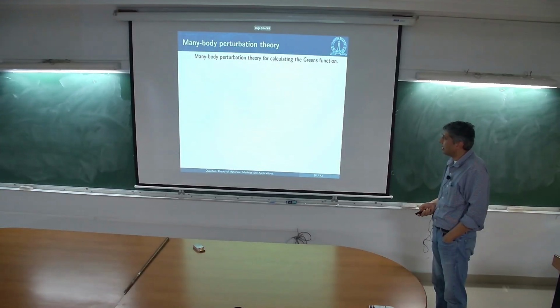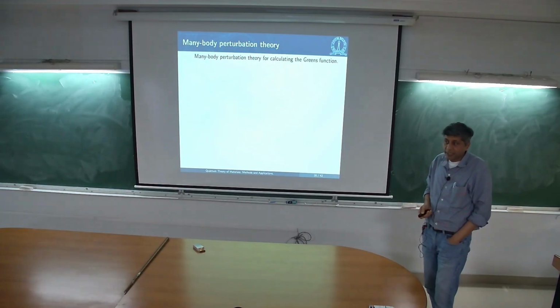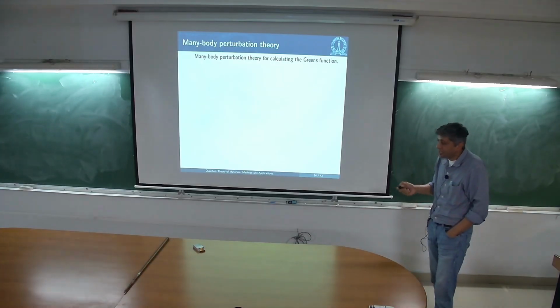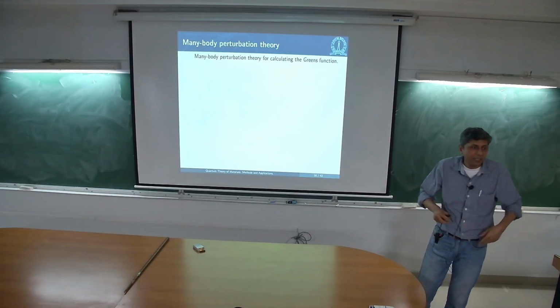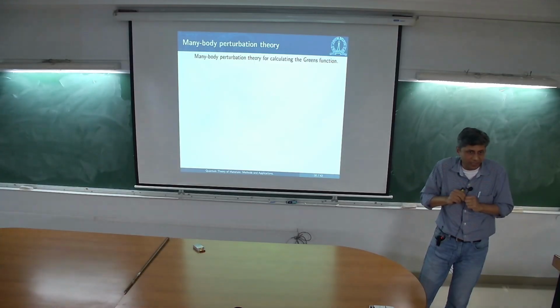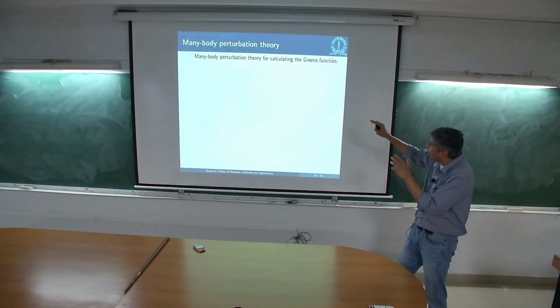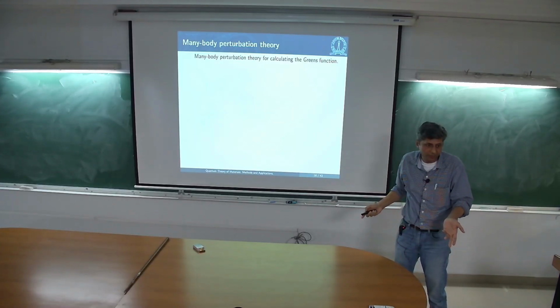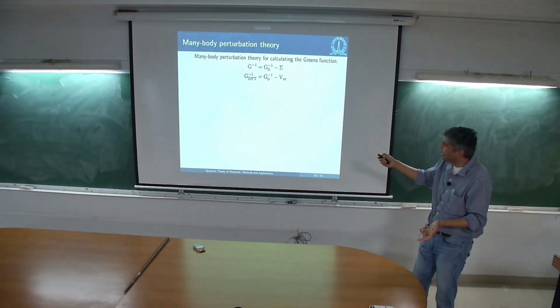Okay. So how does one go about calculating the poles of the single particle Green's function? It turns out, just like for density functional theory, the standard model for ground state properties was density functional theory. The standard model for excited states is Green's functions, and the way you do this is by solving the Dyson equation, right? So you write down the Dyson equation.